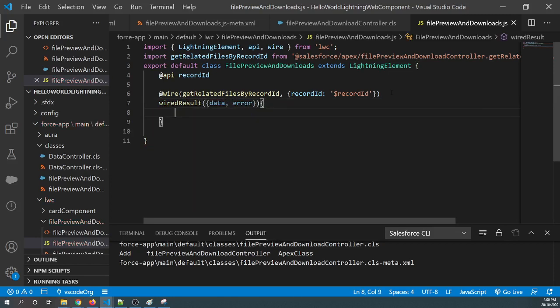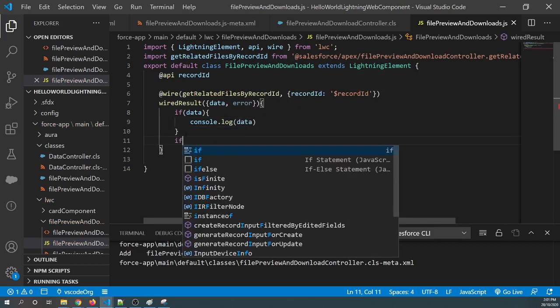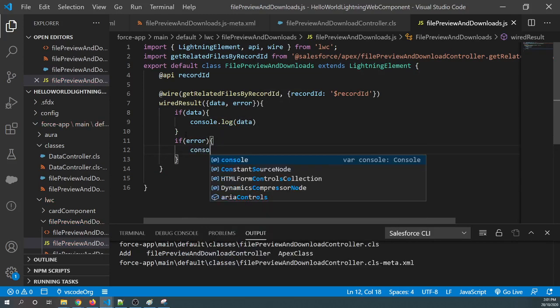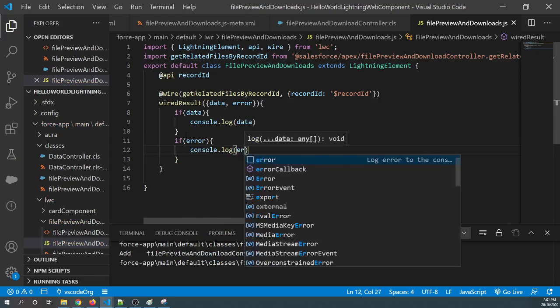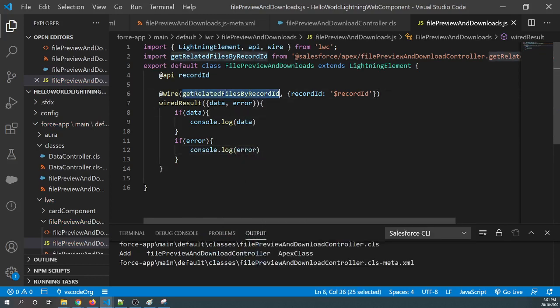Now we'll say if data is available, console the data, and if error is available, console the error. So this is a basic thing. We call the method, pass the record ID dynamically, the record ID is automatically fetched from the record page, and we are just consoling the data.